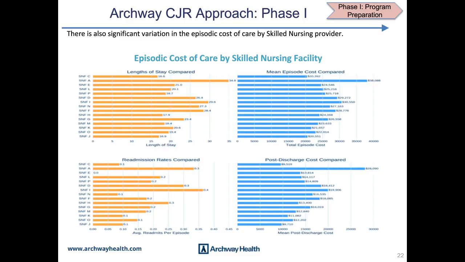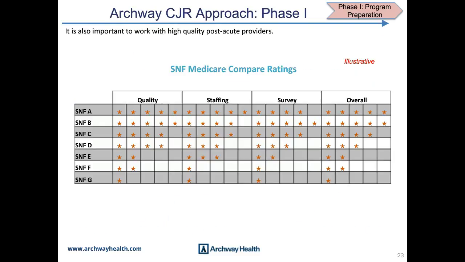We're definitely seeing that. It's important not to just think about cost. Obviously, we want to think about quality. As Fred said, there are requirements. Your preferred collaborators need to be 3-star providers. We want to understand what the star rating is, and not just the overall star rating, but how it breaks down across these various metrics: quality, staffing, survey, the things that CMS looks at when they create the star ratings.